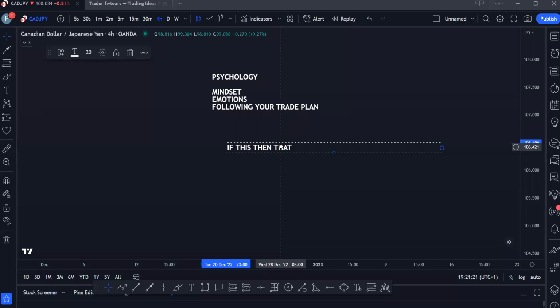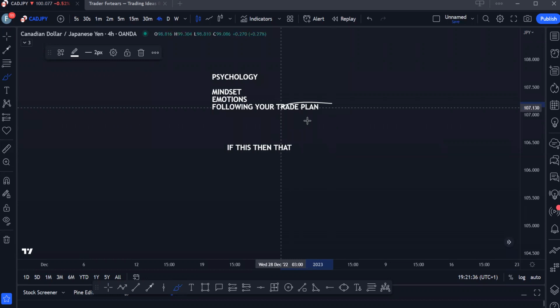Let's say if price is in 20 pips profit, maybe you take partial profits or you move stop loss to break even. All of that will be in your trading plan. So you want to do your best. The people that close trades before hitting their target are people that don't truly have a trading plan, or you don't believe enough in your trading plan. That means you are not convinced that your system works,